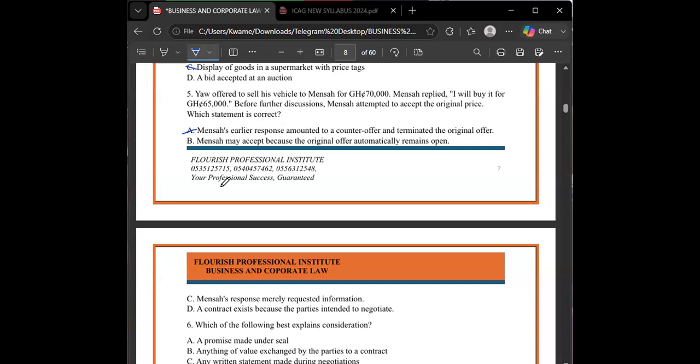For each of the remaining areas, we'll divide by the time. In the evening, we have to do about 3-4 hours per the timetable. We'll divide it by the hours so that for each section, maybe if it's 30 minutes per section, no matter the number of questions we reach after 30 minutes, we'll stop and go to the next section. If there's time, we come back. The answers are there, so I'll share them so that even if we are not able to tick all the answers on the document, you have them. There's a separate document with all the answers, which you can use for your revision.